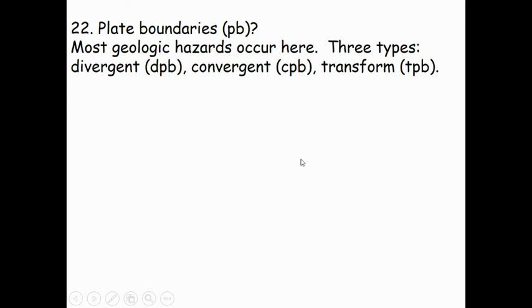All right, so plate boundaries, we're going to abbreviate that as PB. Most of the geologic hazards we talked about earlier occur near plate boundaries. Therefore, California has plenty of geologic hazards. So we're going to abbreviate divergent plate boundary, DPB, convergent plate boundary, CPB. We have one of those in Northern California. And then transform boundary, TPB, we have one of those in Southern California, all the way up to the center